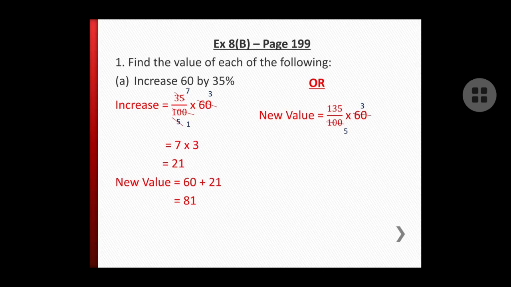When you simplify 135, how many times? Yes, 27 times is 135. So when you multiply it, it is 27 into 3, and 27 into 3 is 81. You will get it directly. Clear? So this is how you do it. So next question onwards, I will show only one method. You can choose your own method, no problem. It's up to you. That's why I explained both the methods for increase and decrease as an example, and when it comes to the exercise also I explained one question, so you can choose.